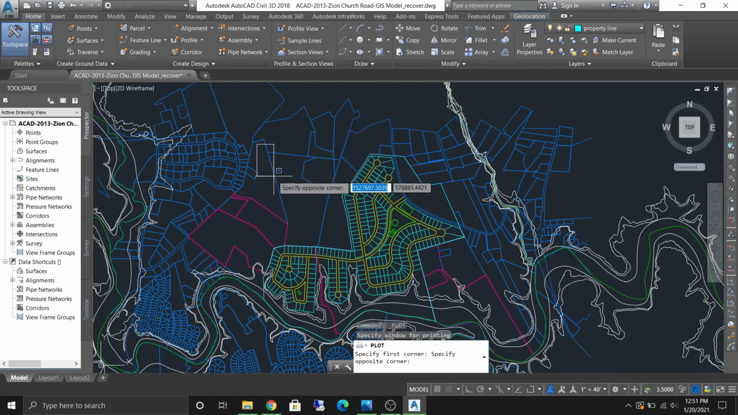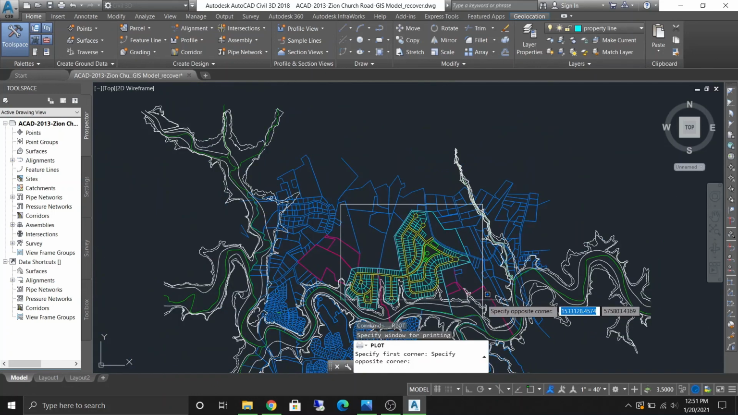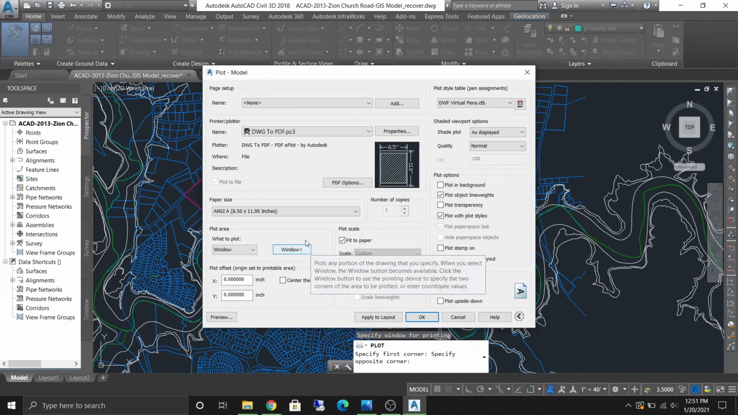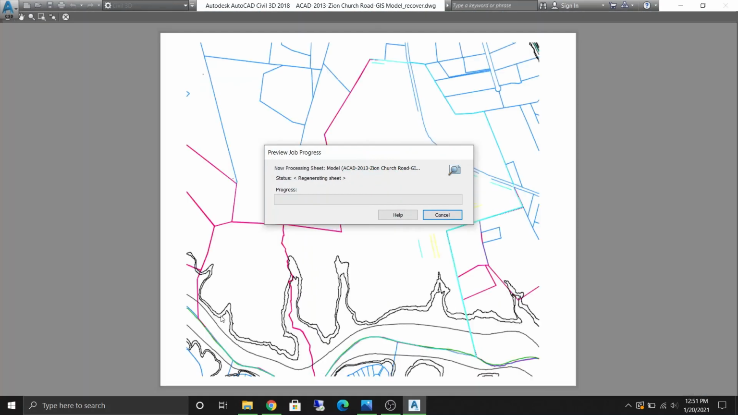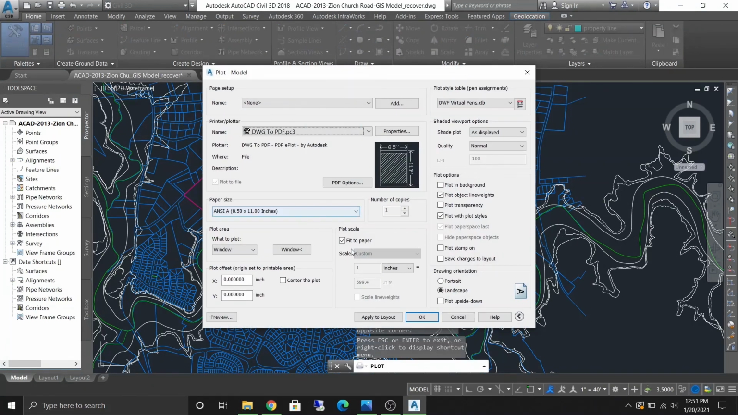So you just left click and you draw a little window. It's just like the windows to select objects, same sort of idea. And I want to do that, so I've got my window, and you can preview it, and it'll show you basically what it looks like, the finished product, when you go to print it. And if you're satisfied with this, which I am, you just click X and you click OK,